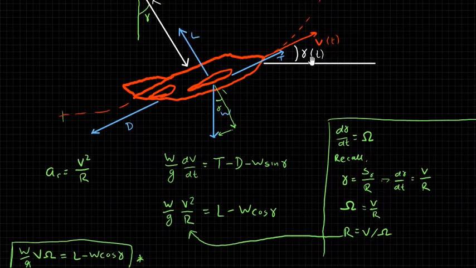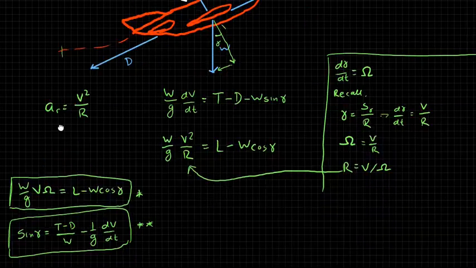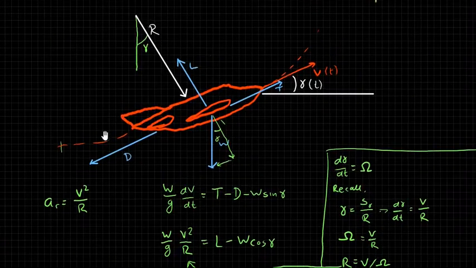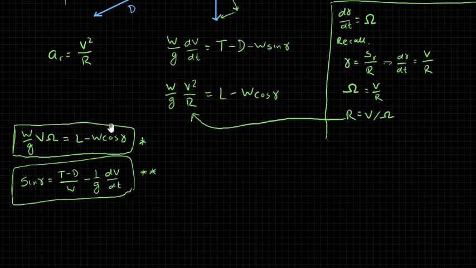All right, so let's consider the velocity here for a minute. Our velocity has two components: a horizontal component and a vertical component. Of course, those are changing with time, but they are also related to the position of the aircraft. The change in altitude with respect to time is the vertical component of the velocity, and the change in horizontal distance with respect to time is the horizontal component of the velocity.